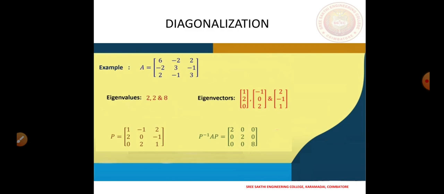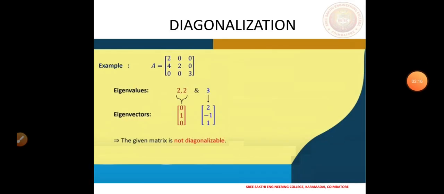And there are some very important applications. For the next example, we take another one, a lower triangular matrix with entries 2, 2, 3 on the diagonal, and then we have 4 in the off diagonal; the rest everything is 0. We know that for triangular matrices the eigenvalues are the diagonal entries, so the eigenvalues will be 2, 2, 3. We have to compute the eigenvectors corresponding to 2 and also to 3.